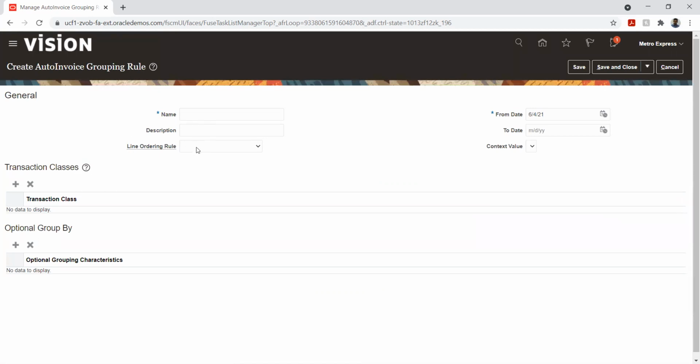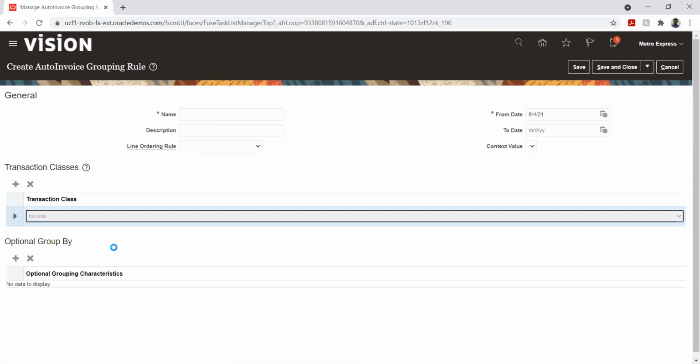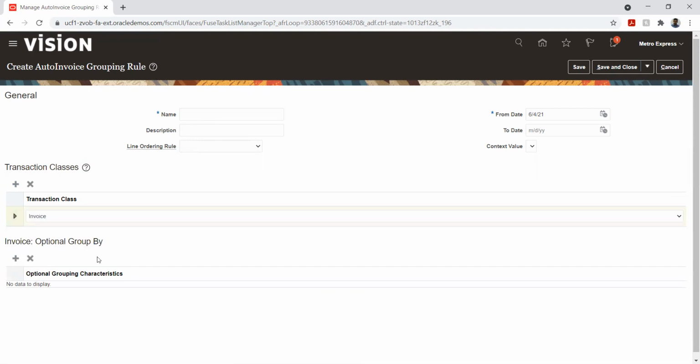So here, I can just select the line ordering rule that I created in the earlier step, or I can ignore this and create the transaction classes here directly. So I can say the transaction class is invoice, and I can give the group options. So how do I want to group it?